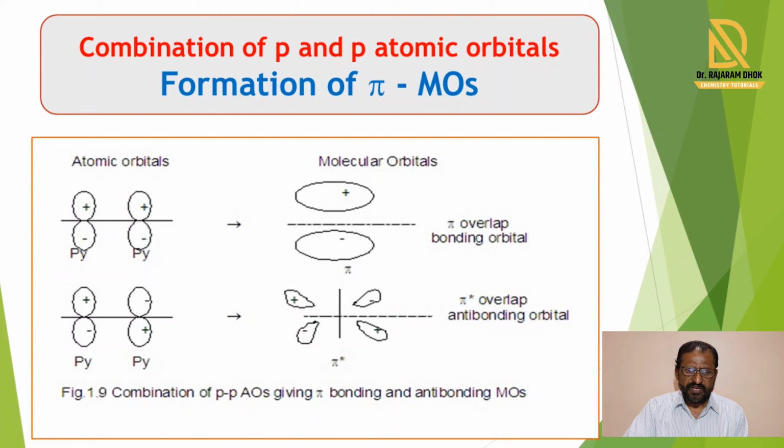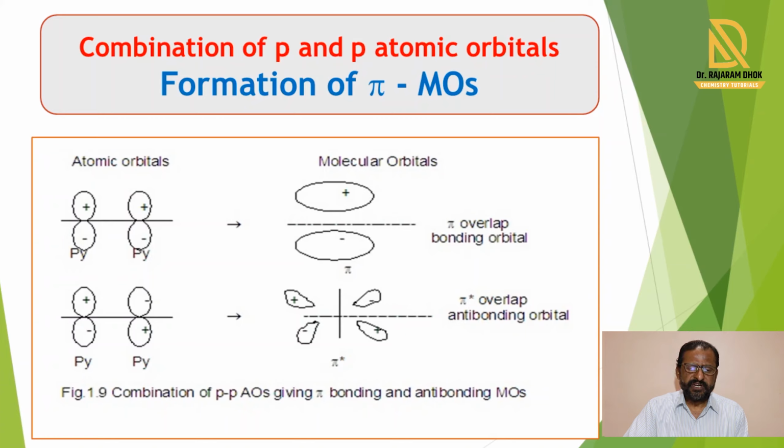Now in the pi bond formation, when the wave functions of py and py are different, then at that time there is repulsion of the py orbital lobes. And you see in this diagram that 4 lobes of the py molecular orbitals are repelled from each other in 4 directions, and that is shown in this diagram. And such a bond is the antibonding one, shown as pi star. So in this case, one pi and one pi star bond is formed.